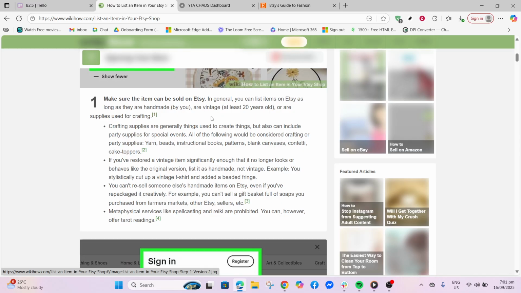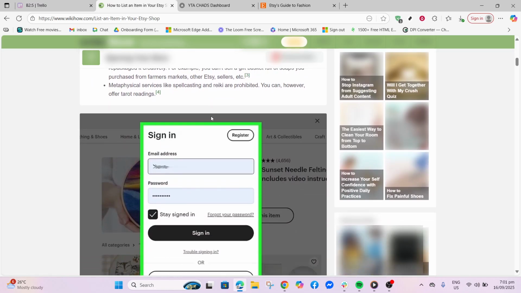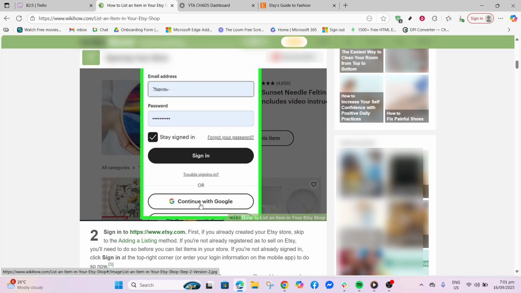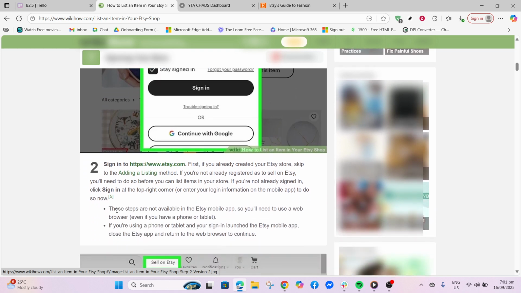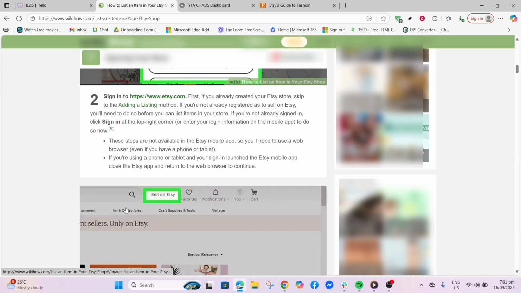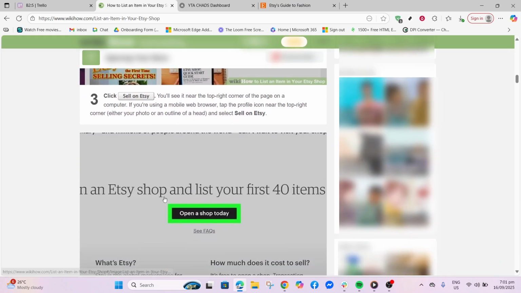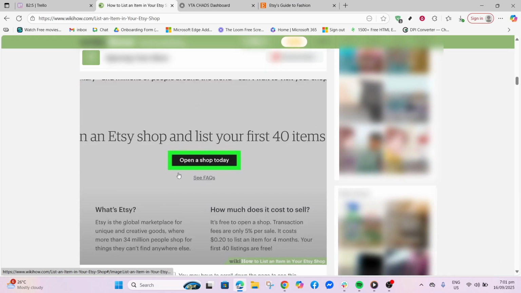First, we'll begin by navigating to the WikiHow article on listing an item in your Etsy shop. This article provides a comprehensive guide complete with pictures, which make the process visually clear and even easier to follow. To find this article, simply type "How to list an item in your Etsy shop WikiHow" into your preferred search engine, and it should appear right at the top of your search results. Once you've found it, click on the link, and this will bring you directly to the page containing all the